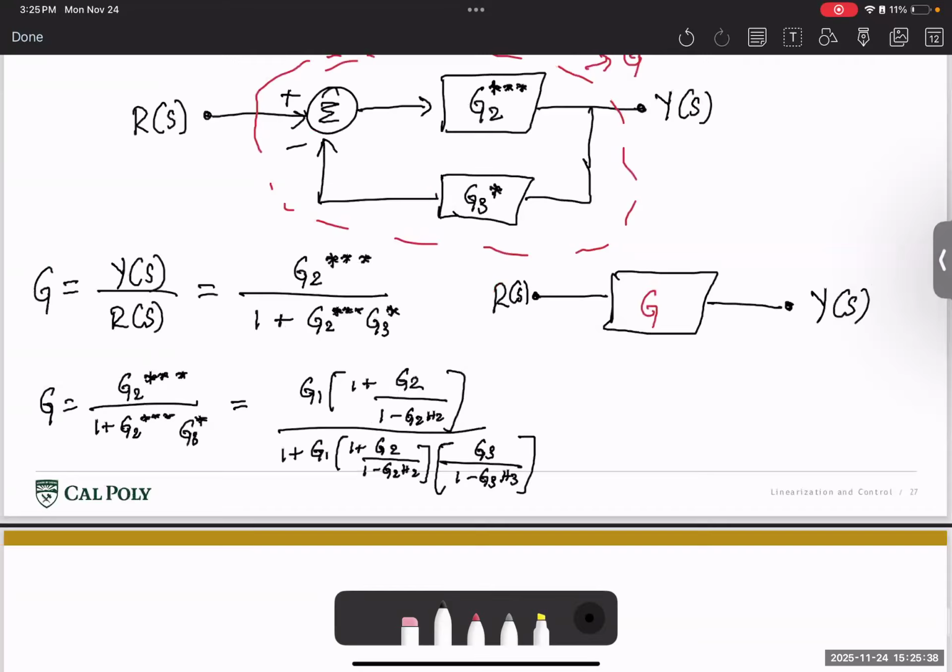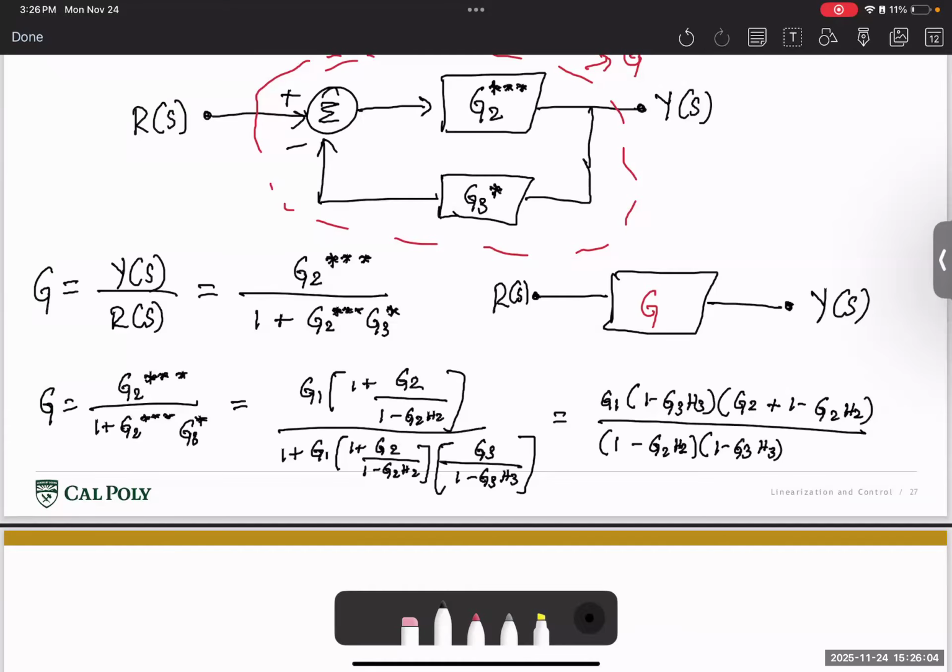Then substituting this, we can write the total gain equation here to be given by G1 times 1 minus G3H3 times G2 plus 1 minus G2H2 divided by 1 minus G2H2 into 1 minus G3H3 plus G1 times G2 minus 1 minus G2H2. This will be the simplified